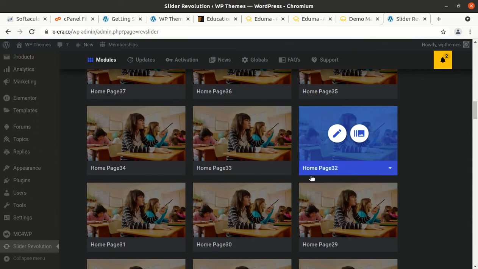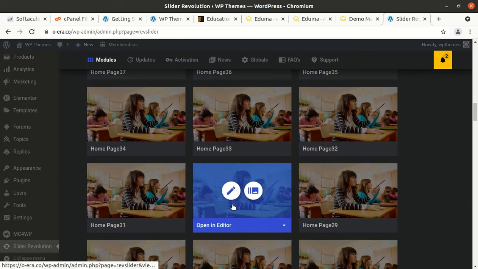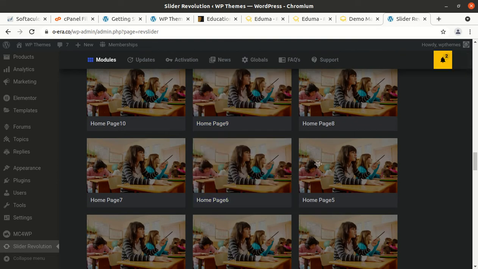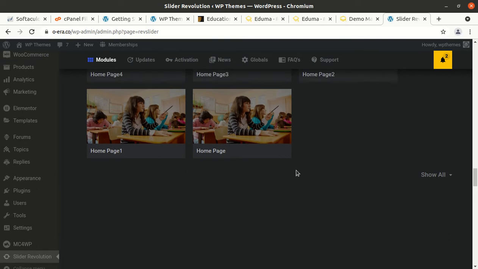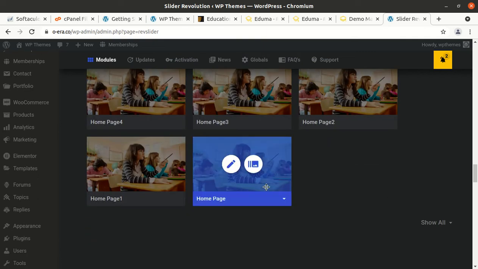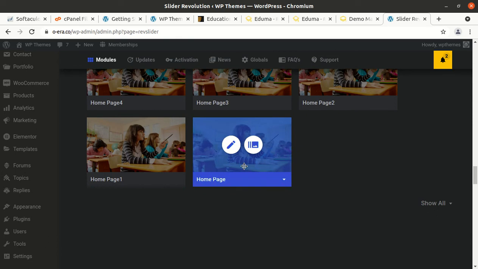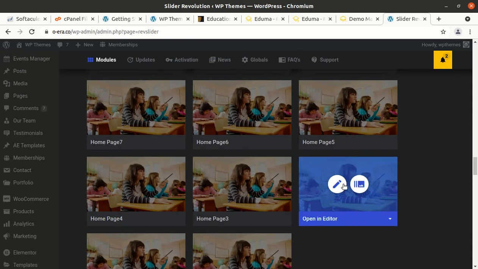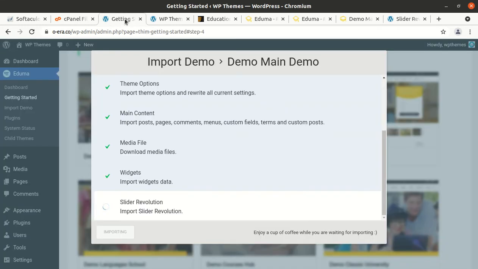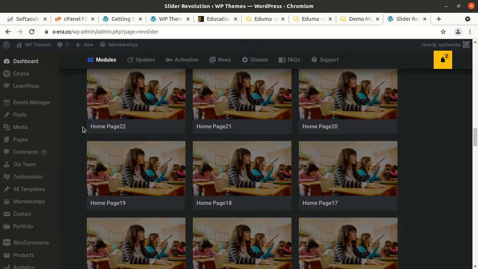The demo was having multiple images and was full of content, and generally users don't have the server capacity to import such a big number of images and contents. So we can see all the sliders have been imported in the backend, and the process is still going on. So we can check the page, in fact,